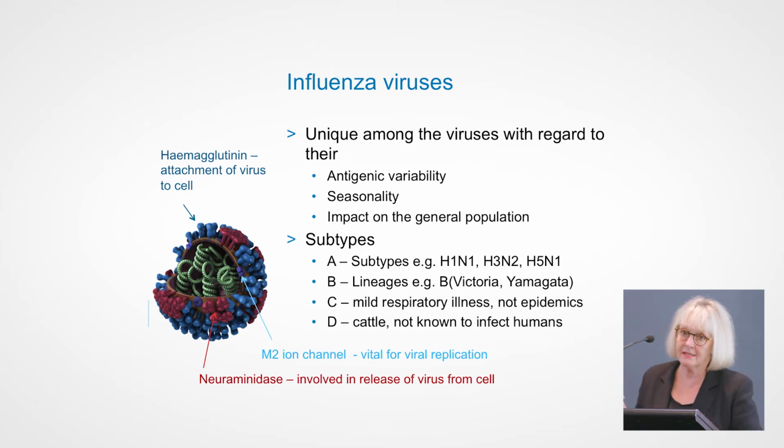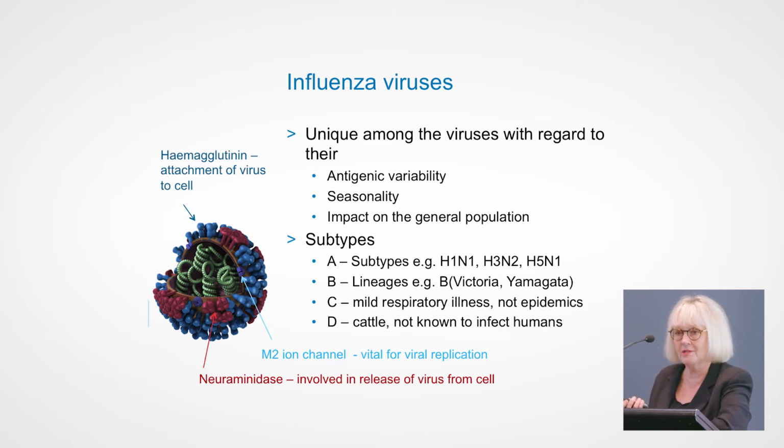Influenza B viruses are described by lineages. So you'll be familiar with things like Victoria, Yamagata, Brisbane, and so on. Type A viruses are the ones that cause pandemics. So far we haven't had pandemics caused by any of the other subtypes of flu virus, but type B viruses also cause a lot of human disease.